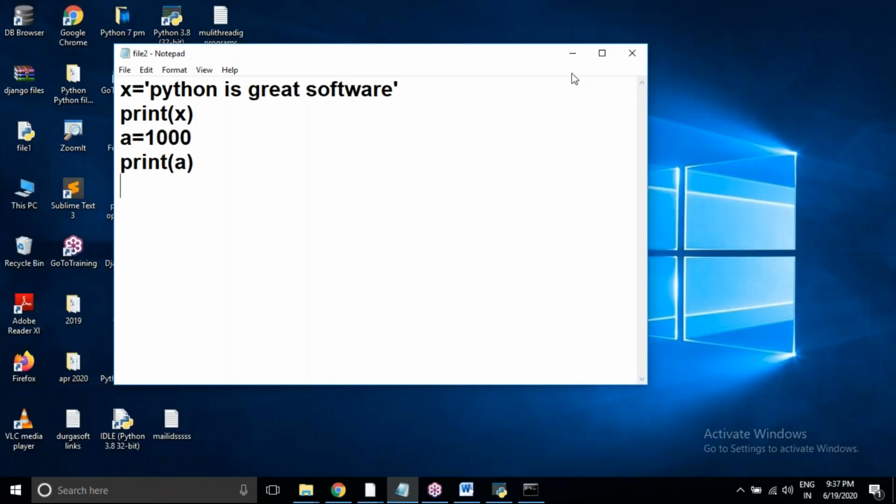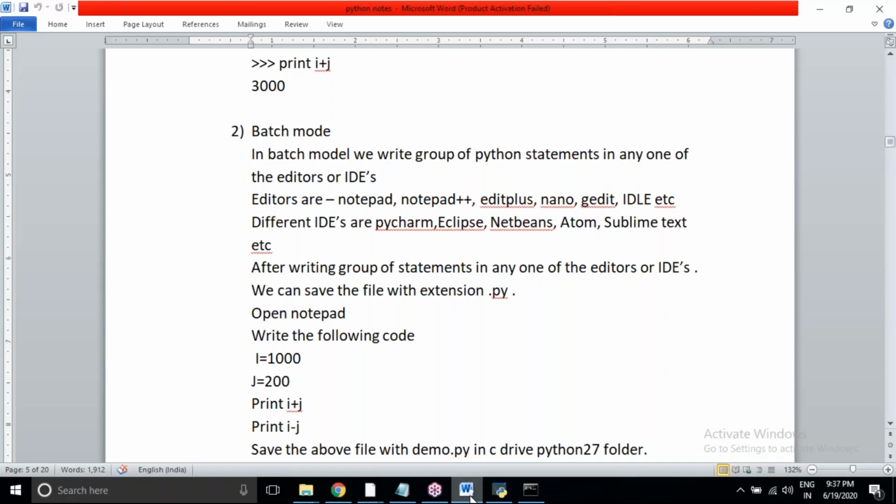Python installation is very easy and you can easily work with it. Sir, in my system, whenever I try to run python a.py, it shows that Python is not recognized as an internal or external command, operable program or batch file. But when I do py file1.py, it shows the result correctly.